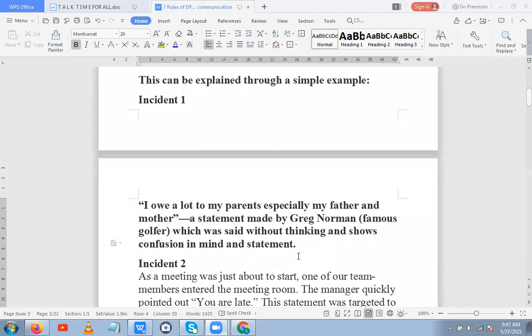Yes, ma'am. Here he has written, I owe a lot to my parents. Then parents already means father and mother. Then he again writes that especially my father and mother. It means the person is confused and he has not thought about it. Before speaking, he did not think about it. And somebody who is a famous golfer,